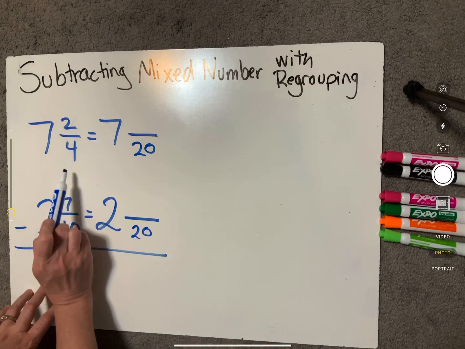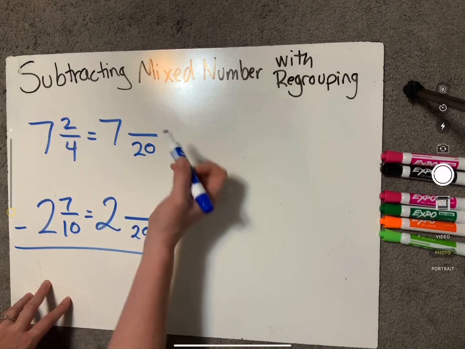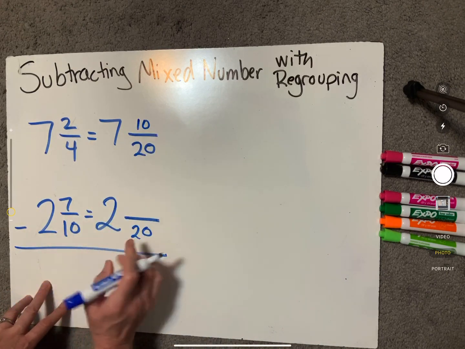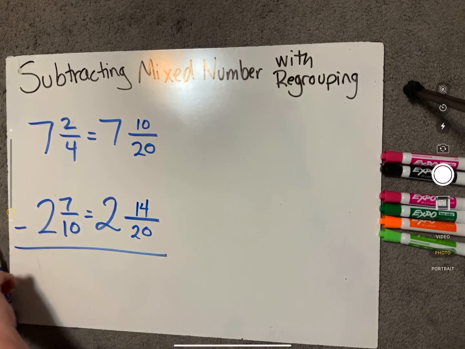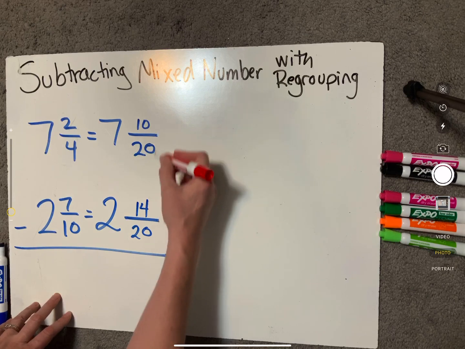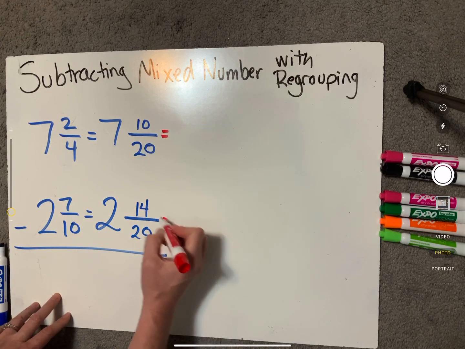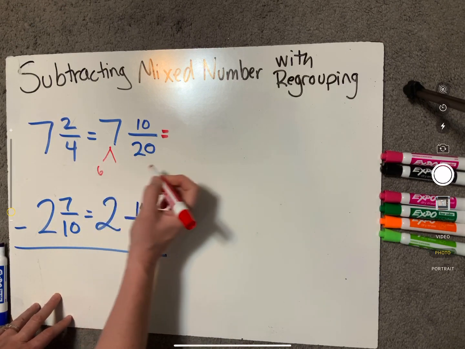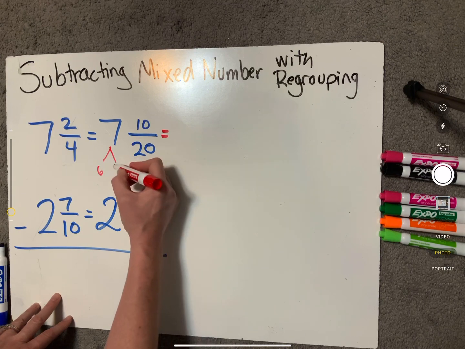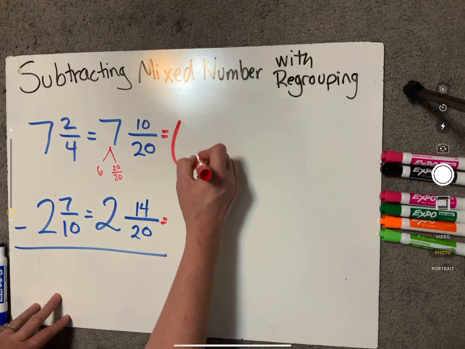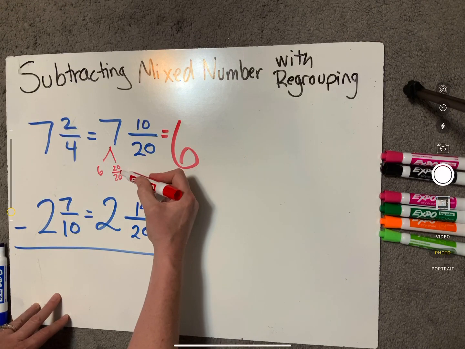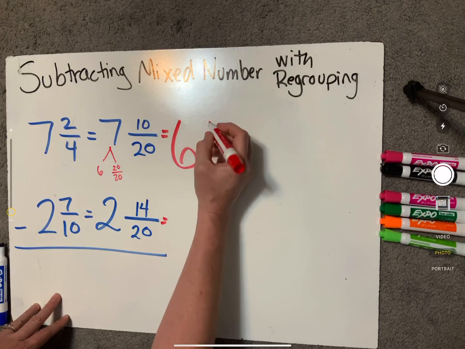So same thing, 4 times 5 is 20, 2 times 5 is 10, 10 times 2 is 20, 7 times 2 is 14. Now we're stuck with this same problem. We can't subtract 14 from 10, so we're going to have to regroup here. So I've got 6, and we're going to let this denominator guide us, so it's 20 over 20. So our new whole number is 6, and we're going to add 20/20 plus 10/20, which is going to get